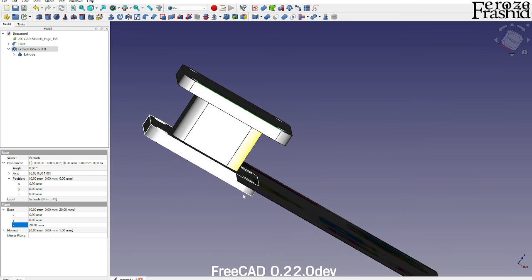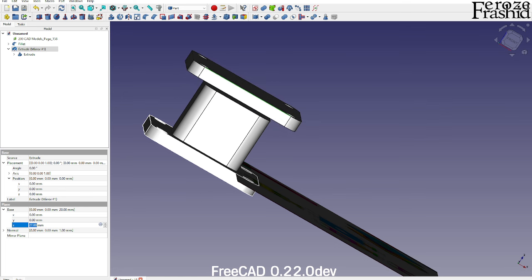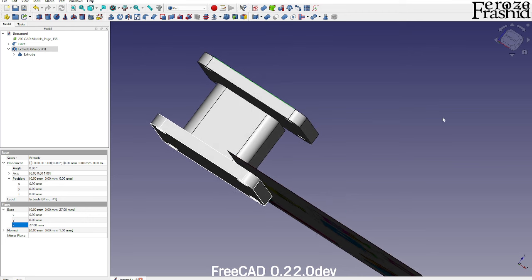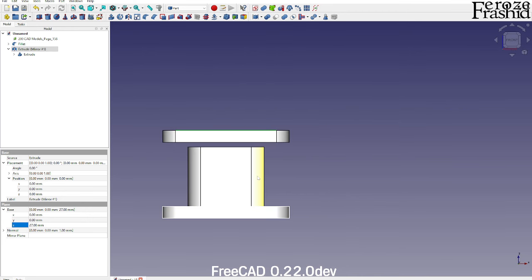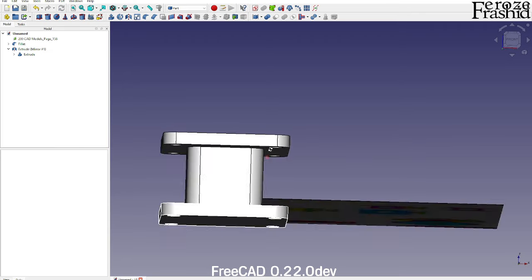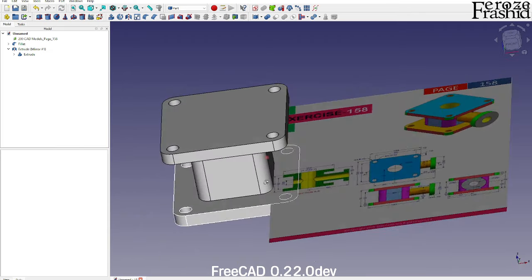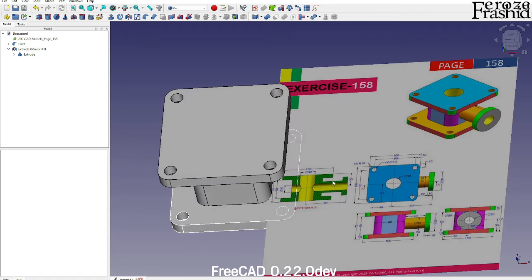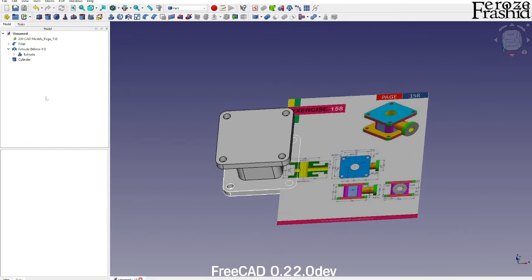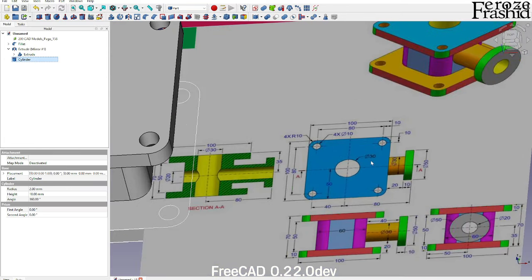So I want to say this will go as far as it can go and bring it, so it would be 25, I'm guessing. Okay, yeah, looks great. And then the center hole, we will get it done by a cylinder of diameter 30